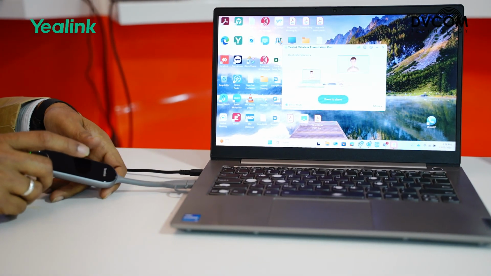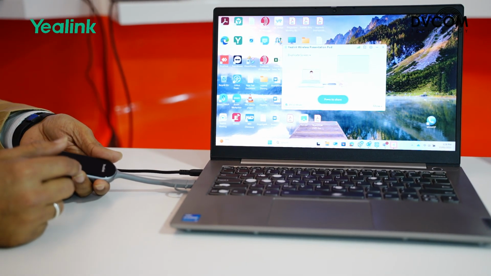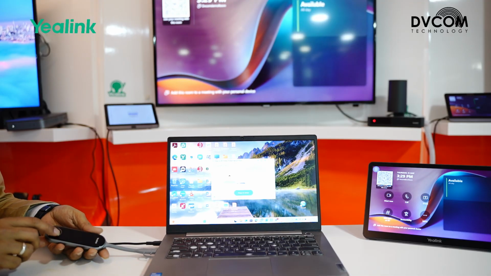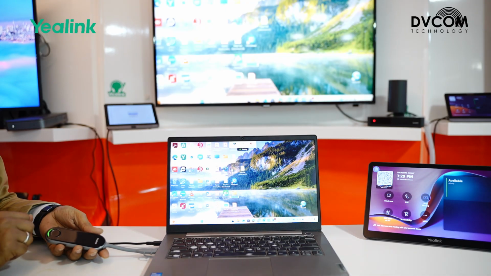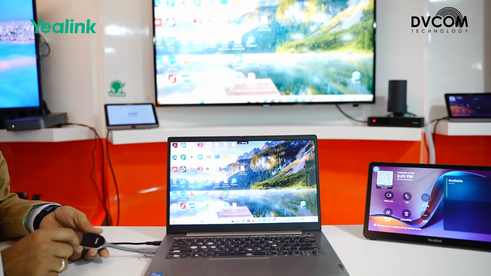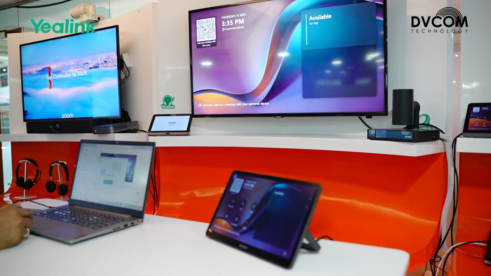So first we will check the content sharing mode. Now if I press this button, you can see on the screen that the content sharing has started. Now I will show you the other function. As you can see, the dashboard is showing one option, press to share, and the other option is showing